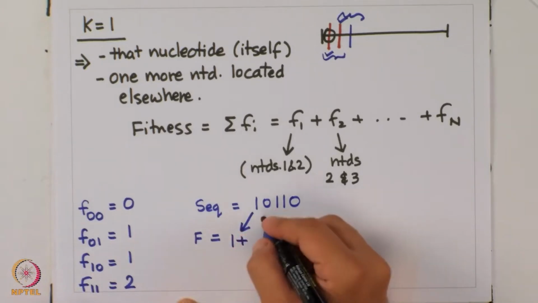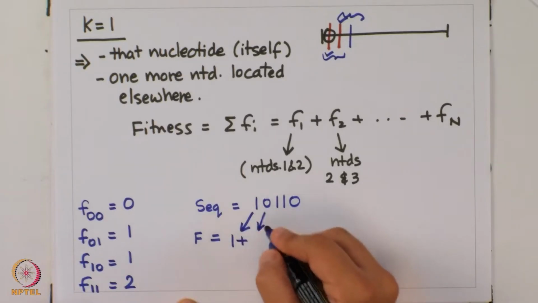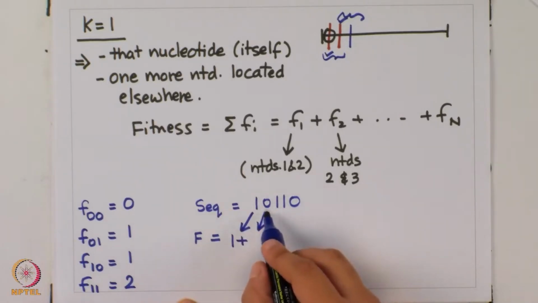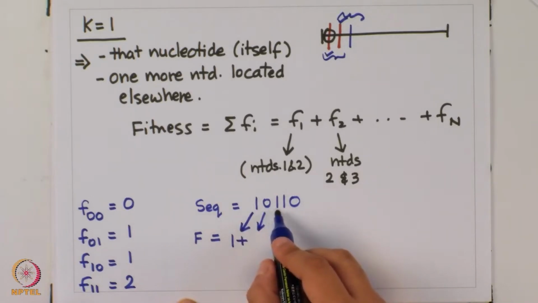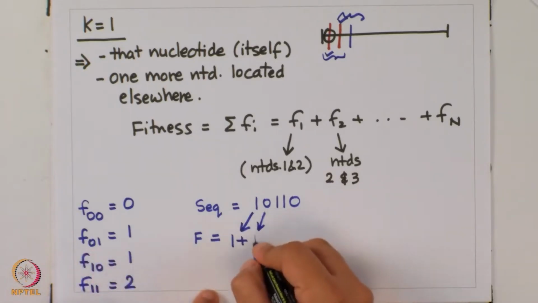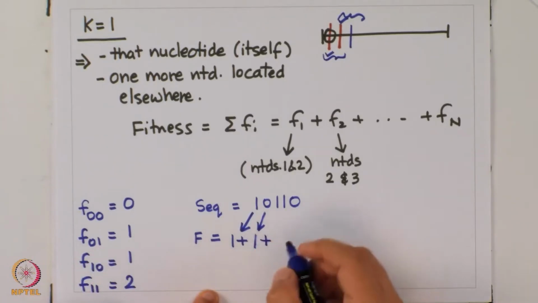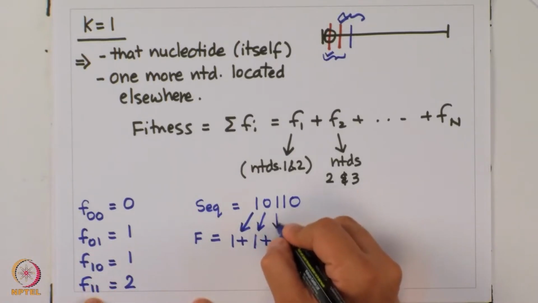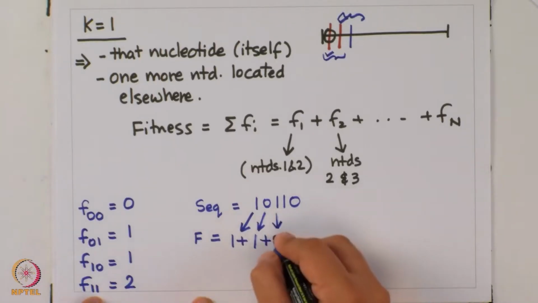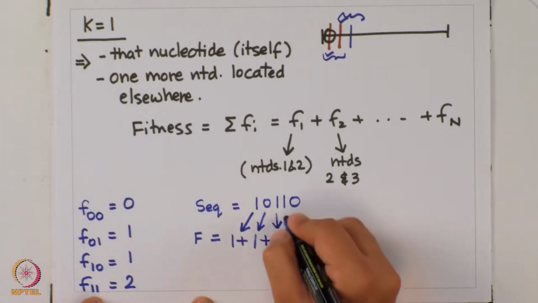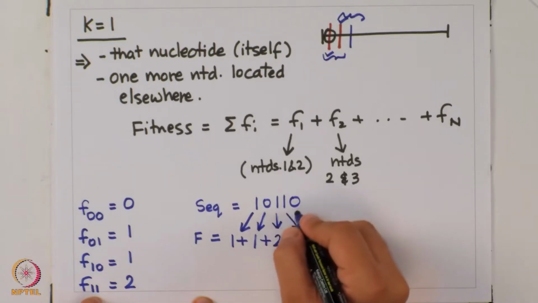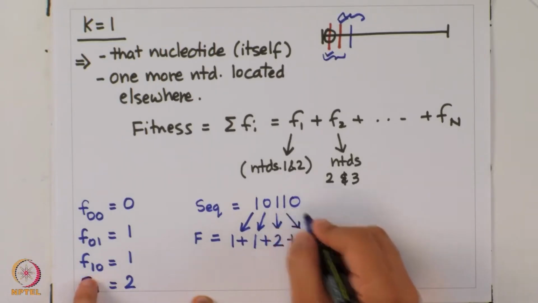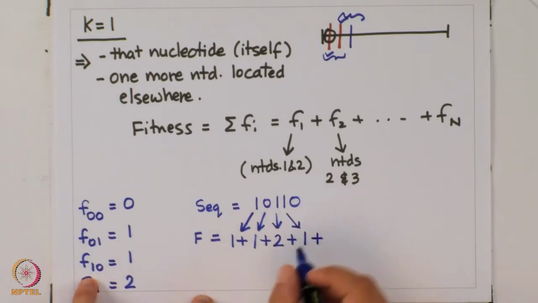When I look at the contribution from the second nucleotide, that's a 0, that's decided by this 0 and the neighboring nucleotide, which is 1, and the contribution of a 0 1 is 1. Similarly, the contribution for this third nucleotide will be decided by this 1 1, which is 2. The fourth one will be decided by the sequence 1 0, which is 1, and for the last one,